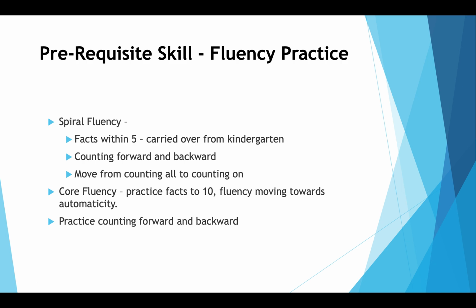Spiral fluencies are fluencies that should have already been attained, that you need to continue to work on, or they're fluencies that if students have not attained them, then definitely you have to work on them, because fluency of facts within 10 includes fluency with facts within 5, which should be carried over from kindergarten, but you need to continue to work on. Counting forward and backward. In fact, I think first grade standard is to count forward to 120, so you're still working on counting anyway. I also highly encourage people to continue to work on counting backwards, which I'm sure you do,